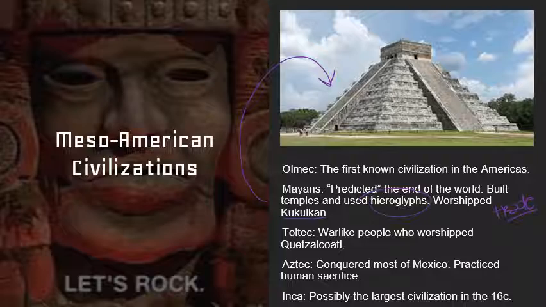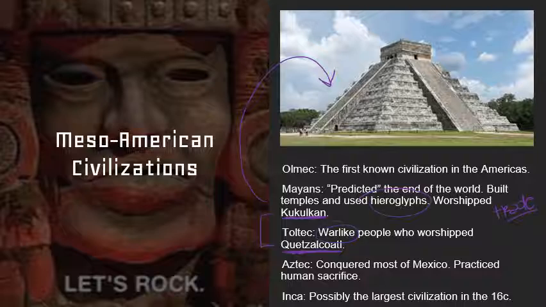The Toltec are going to do the same. They're going to pass along a lot of information, but instead of using trade, they're going to use war. They are going to worship this guy named Quetzalcoatl. Quetzalcoatl is the sovereign plumed serpent, and he is very much like our good friend Kukulkan. These guys are essentially the same dude. They are a snake-like deity that kind of has the same sort of origins.